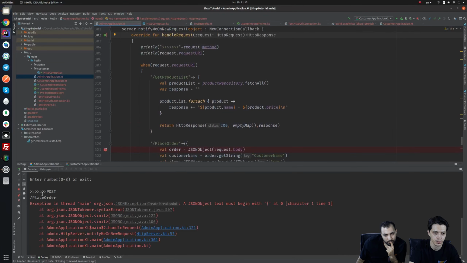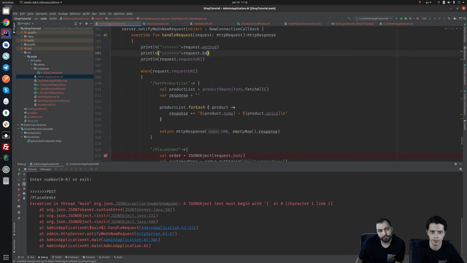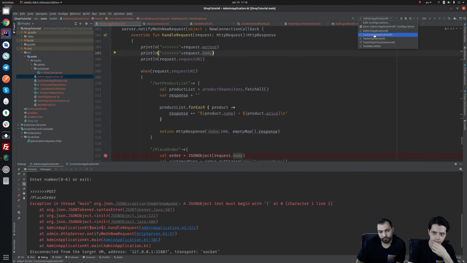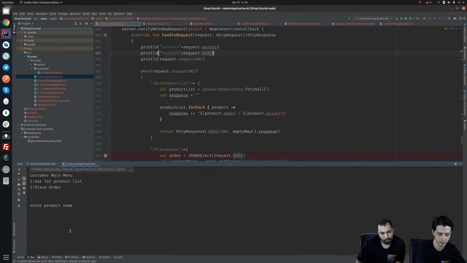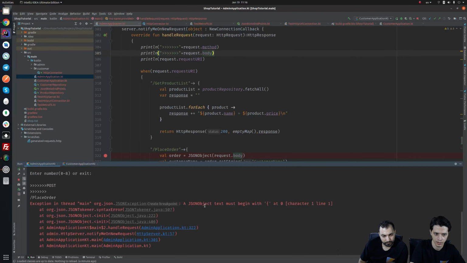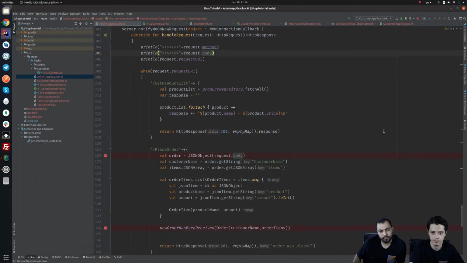Here, post, place order. Let's also print the body of the request in the admin. And issue the request again: Apple 10. Nope. Okay. Again, the body is empty. The body is empty because